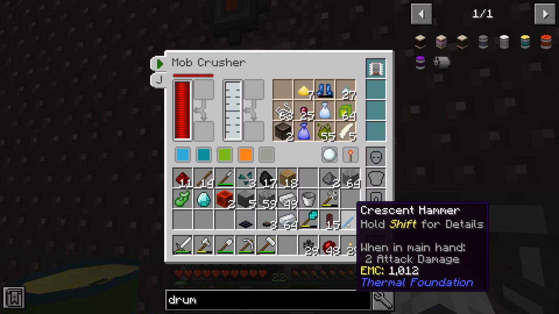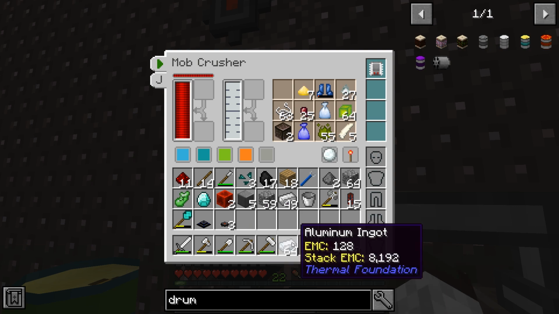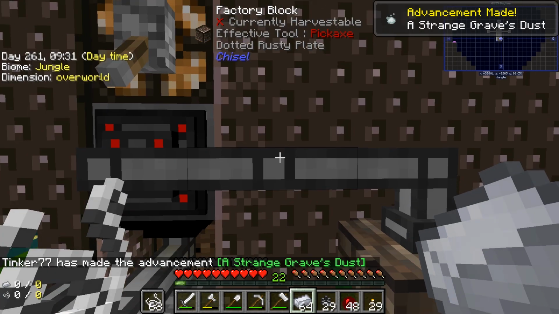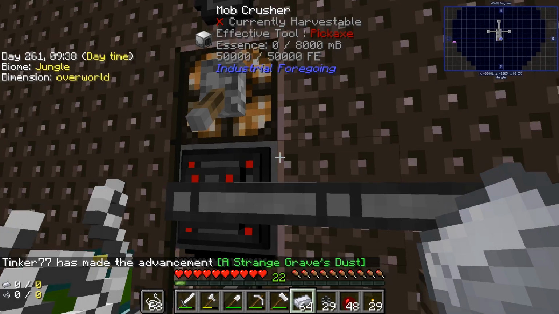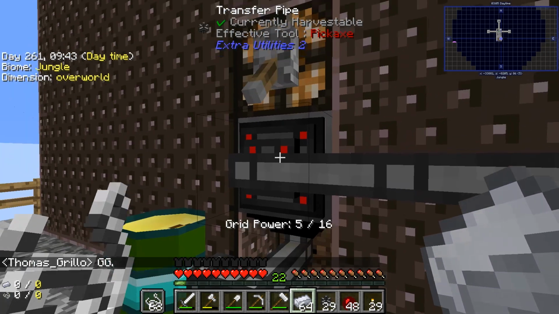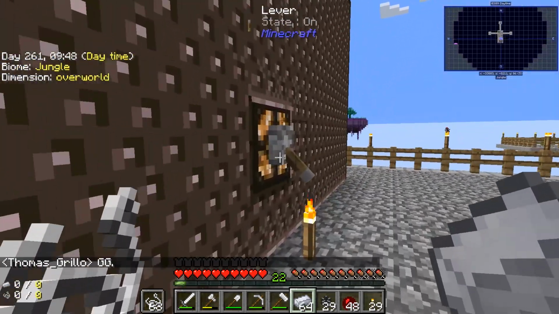I'm going to grab some of this stuff. Let me see if I can make some room here so I know what the drops are. I'll put that down there. So if we grab that, interesting. We got some stuff there. And I'm going to grab this row here. It's got some of my blocks. There we go. Okay, so now if I turn these lights off,